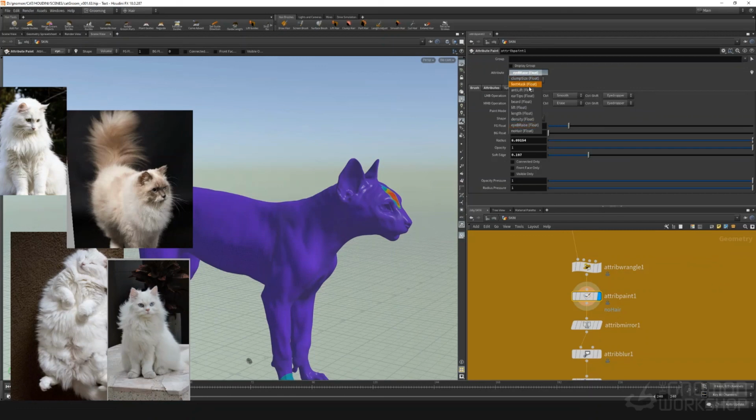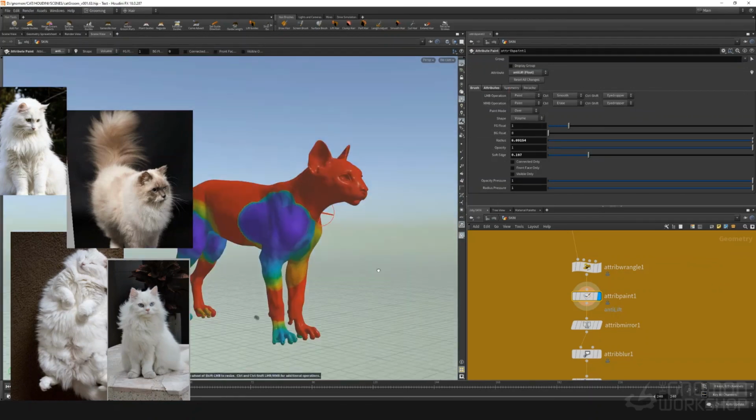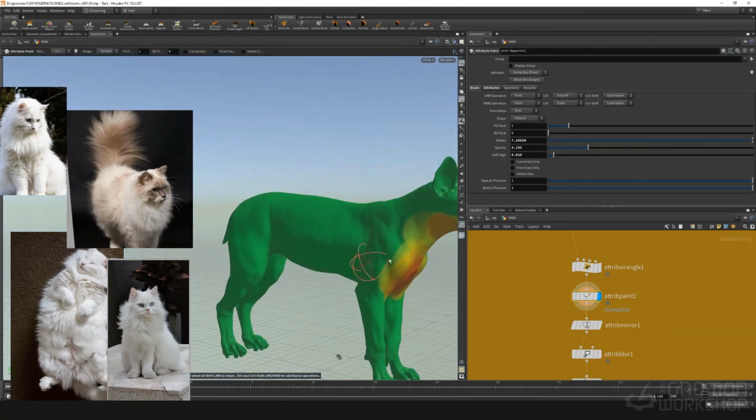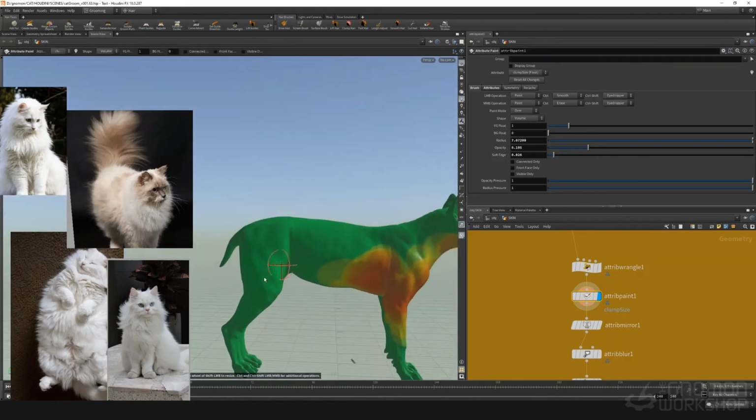Here I can finally paint onto it. Make sure to tap into the right attribute here. Now we're going to paint. I want the regions on the extremity